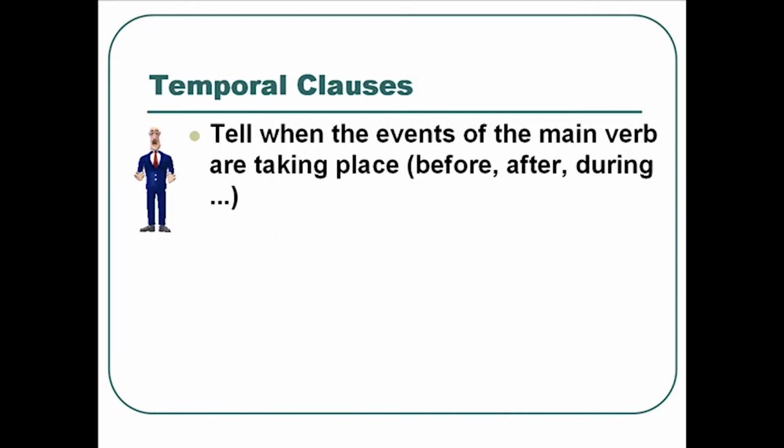And then there are temporal clauses, and we've seen these already with our infinitives and with our participles and the adverbial usages of those. The temporal clause tells the when of the events of the main verb. So, for example, we have before something took place, that would be antecedent action. After the action of the main verb, that would be subsequent. And during, which would be contemporaneous to the time of the verb. So before, after, and during: antecedent, subsequent, and contemporaneous usages of these temporal clauses.